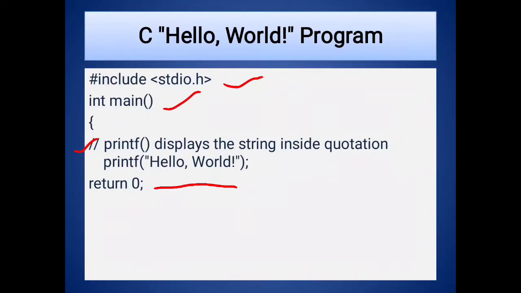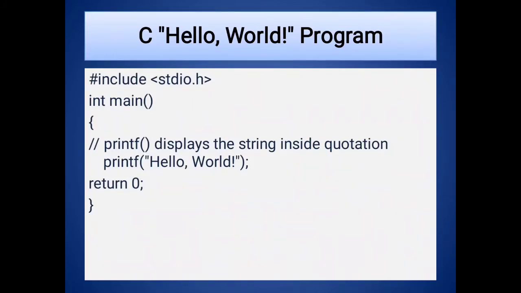In the next line we write return 0. return 0 is a statement used to represent the exit status of the program. So here we display Hello World on the screen, and our task in the main function is completed. Then we simply close the curly brace. This is the sample C program showing how to print Hello World on the output screen.